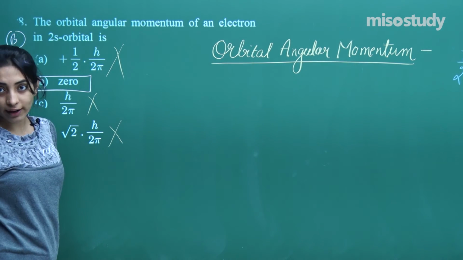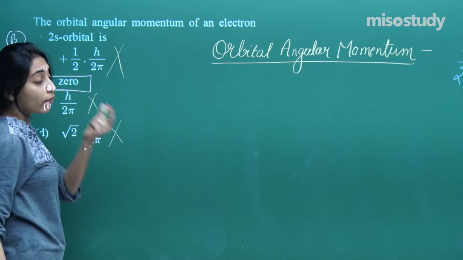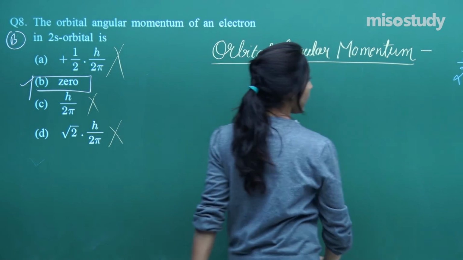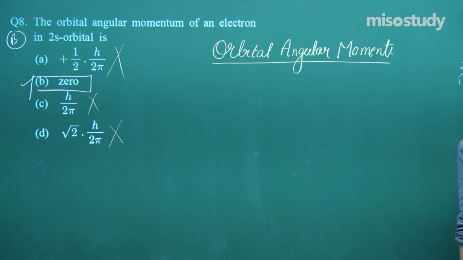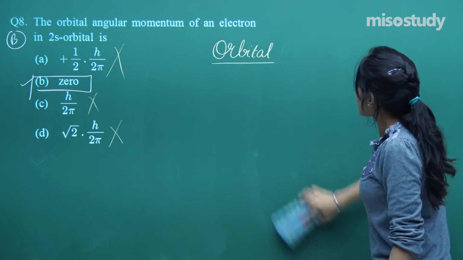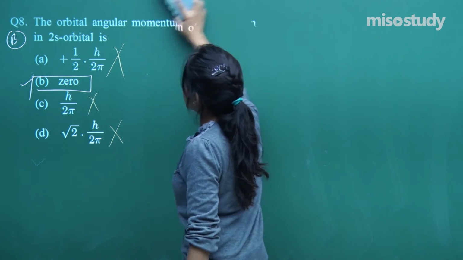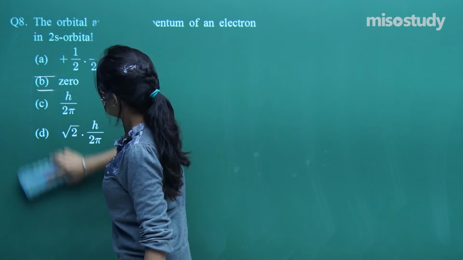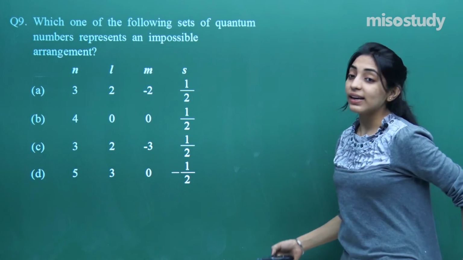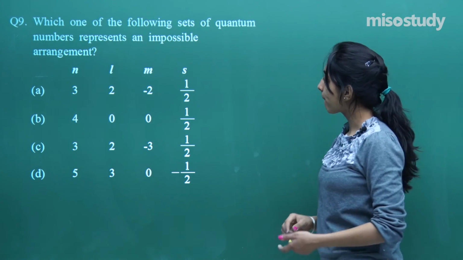Okay, easy one, right? So if you would have done the formula, you would have done this question also very quickly. Now what to do next is to come on to the second last question of the series, which is question number 9. So be ready for 2 more questions. We are gonna study question number 9 and question number 10.